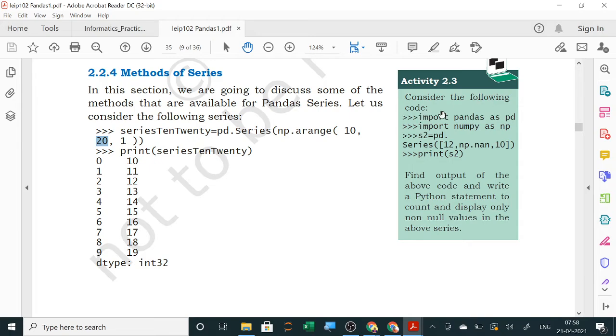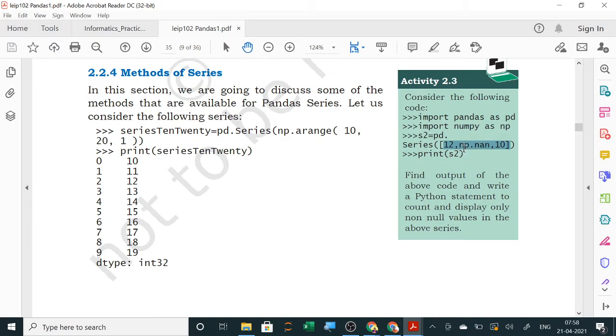Now consider the following code: import pandas as pd, import numpy as np. Now S2 series is being created in which 3 values you have to give. Now suppose you are creating a series in which the second value you don't know. Now next day you want to upload the second value.